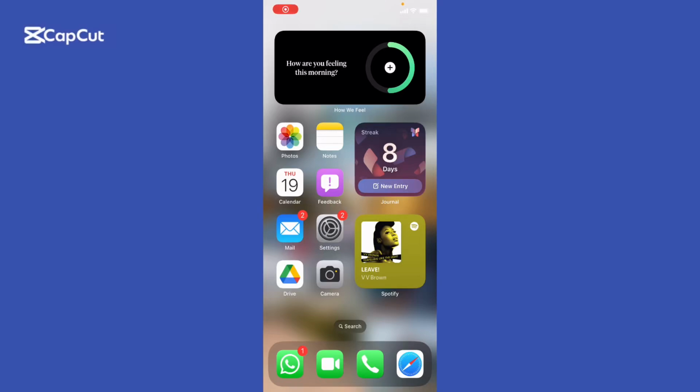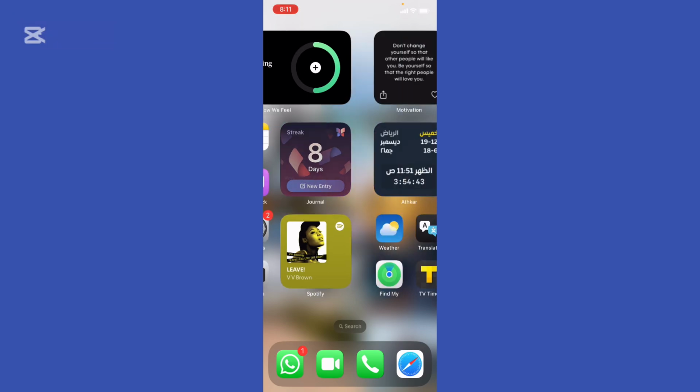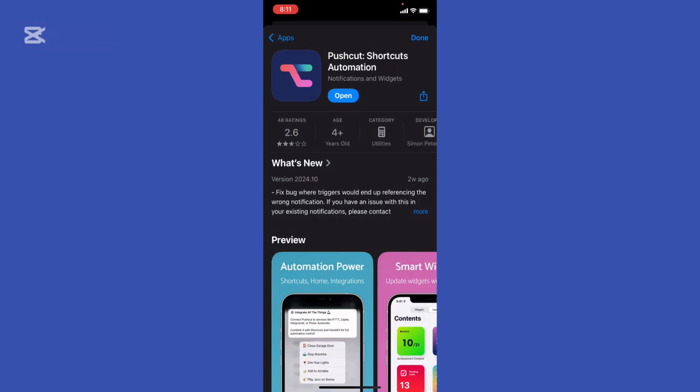Hey everyone, let's dive into how you can use Pushcut to create automations for your workflows. Whether you're streamlining your daily tasks or building complex routines, Pushcut can help you make things happen with just a tap or a trigger. So, to get started, first of all, make sure that you updated the app to the